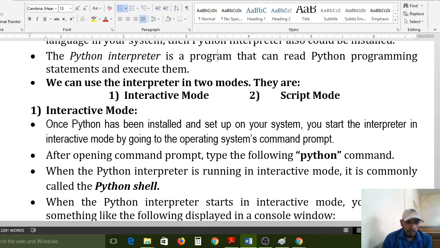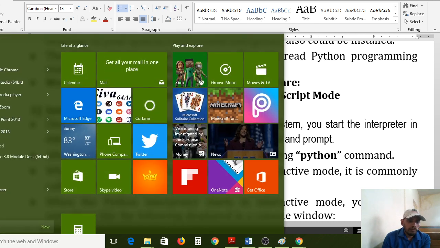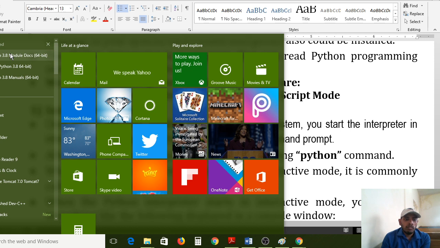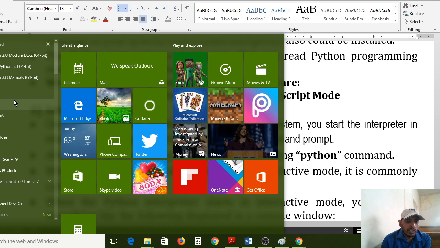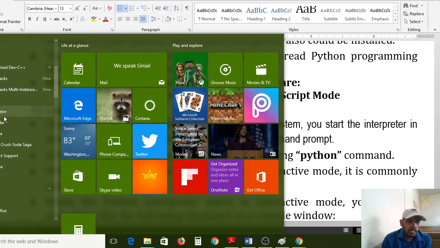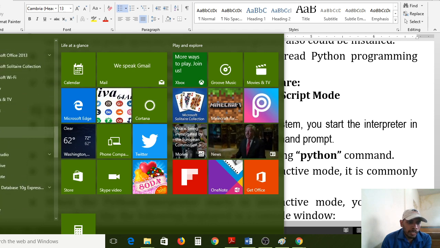Here I am clicking on the Windows button in the taskbar. Taskbar means the bar at the bottom. In that Windows option I am clicking, and here is All apps. Just click on that. It will show all the applications we have in our system, everything you have in your laptop or desktop. Here they are available alphabetically. Now it is Python software, so I need to check the P section.